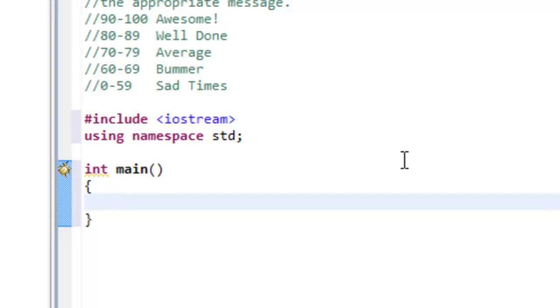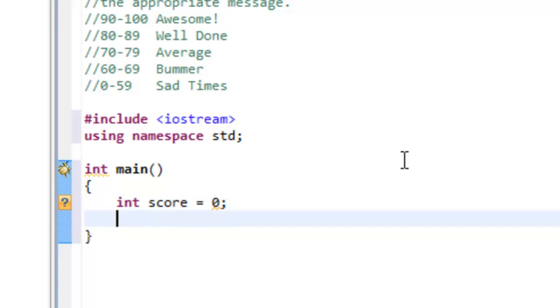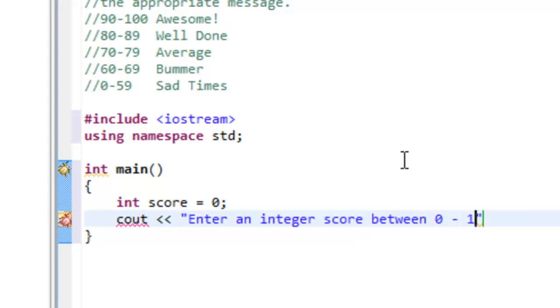Okay, so the first thing that we need to do is get input from the user. The input we're going to be getting is an integer value, so that's going to be the score. So we can go ahead and declare and initialize a variable named score of type int: int score = 0; And once we have that variable declared, we can prompt the user. So we'll do cout and say "Enter an integer score between 0 and 100.\n";